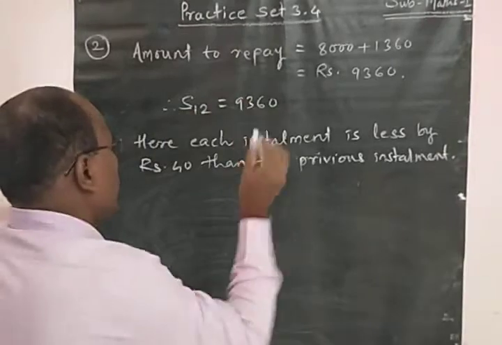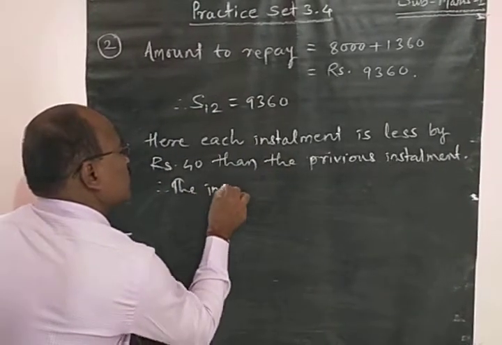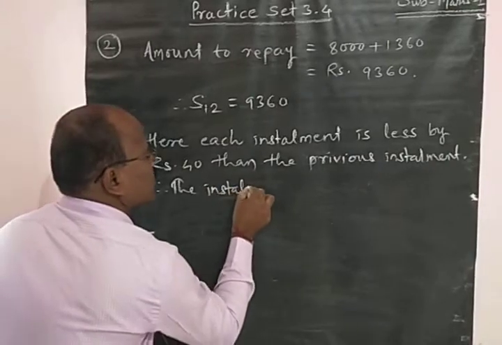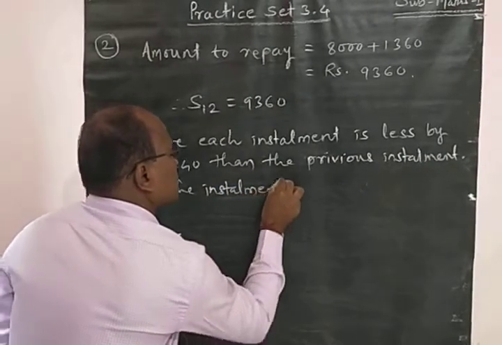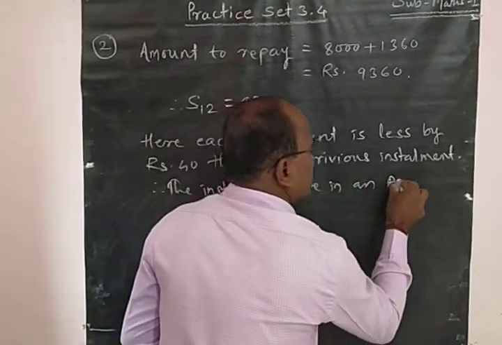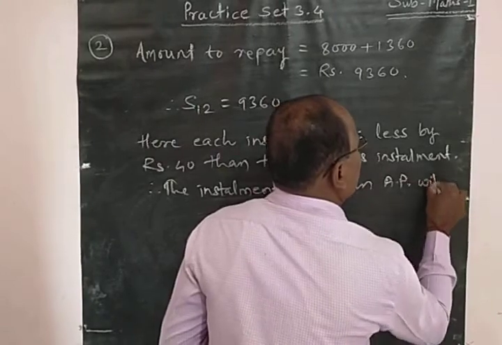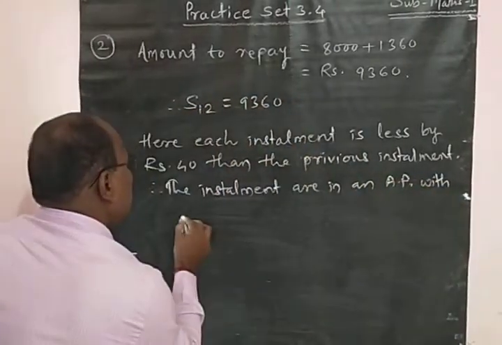Therefore the installments are in an AP with d is equal to